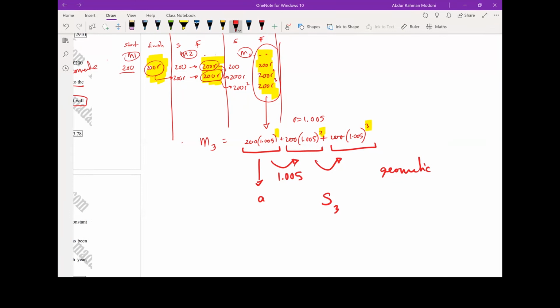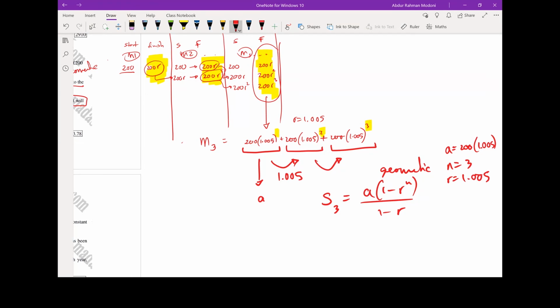What's my first term? A(1 minus R to the power of n) over 1 minus R. How many terms are we adding? N is equal to 3. What is A? Well, I've identified what A is there. Remember, it's my first term here. What is R? So A is 200 times 1.005. What is R? R is equal to 1.005. And then we can plug that in there to find out how much we have at the end of 3